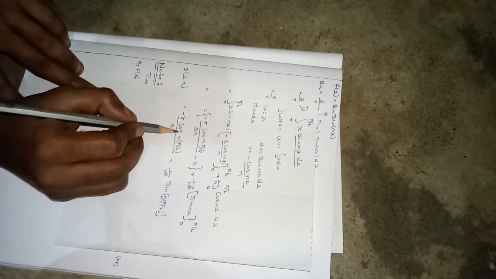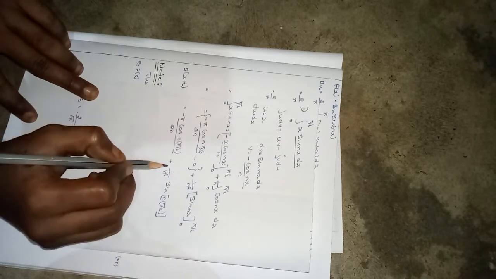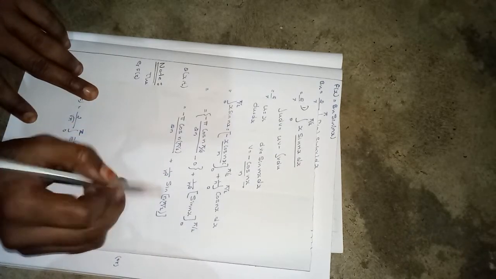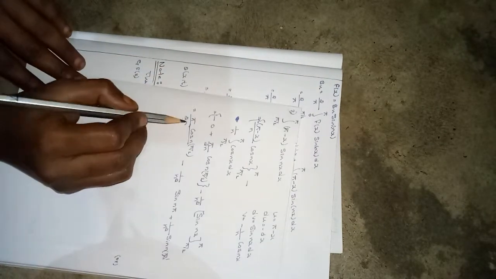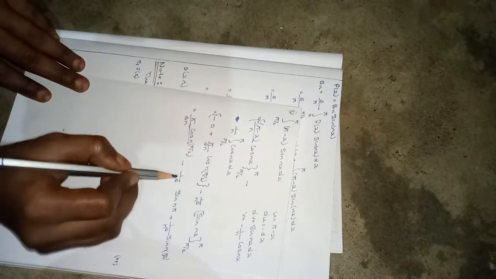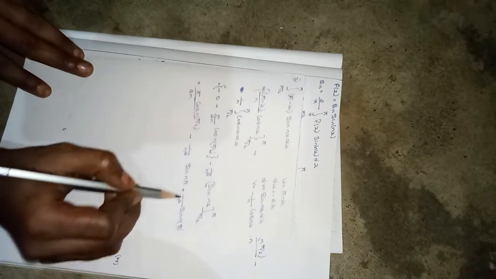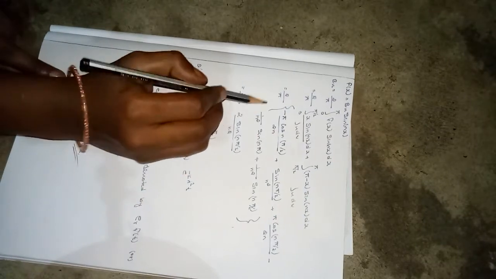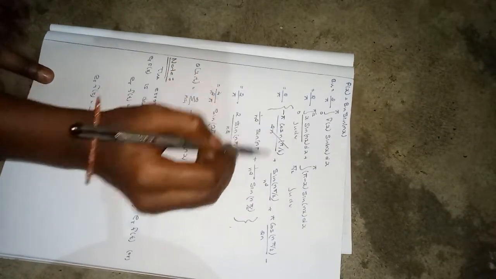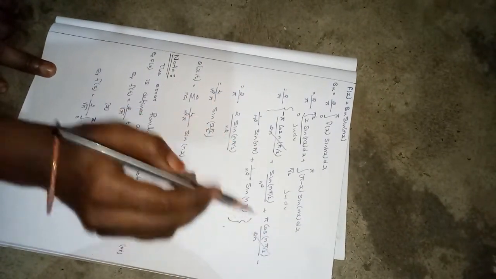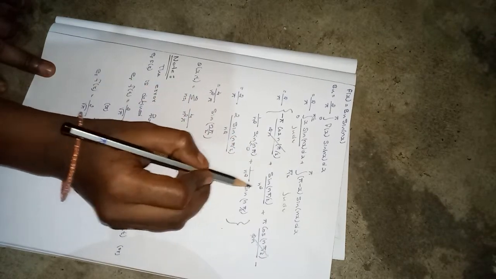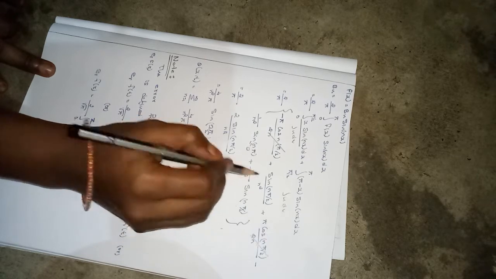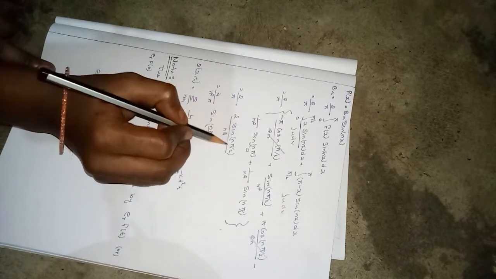Last we get minus pi cos n pi by 2 divided by 2n plus sin n pi by 2 divided by n square. Same for the second, we get pi cos n pi by 2 by 2n minus 1 by n square sin n pi plus 1 by n square sin n pi by 2. Applying this here, this term and this term get cancelled. Sin n pi will be equal to 0. Of the remaining terms, these two are the same. So 2 times sin n pi by 2 by n square.